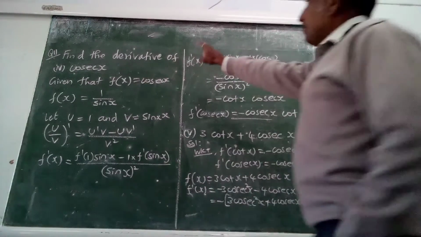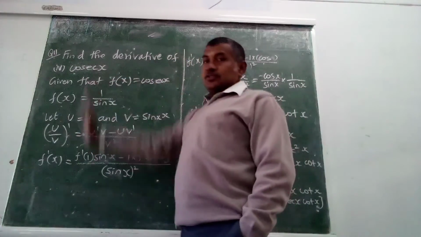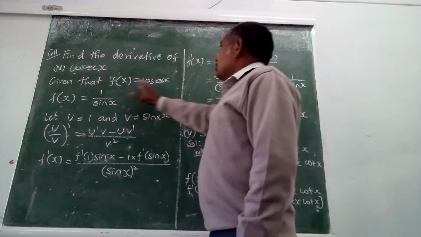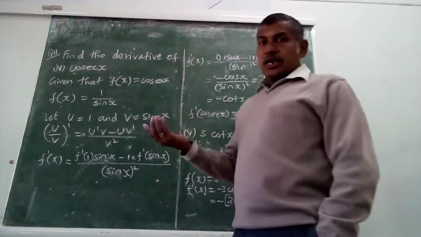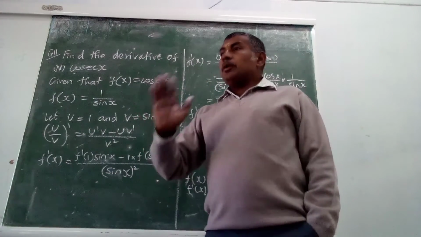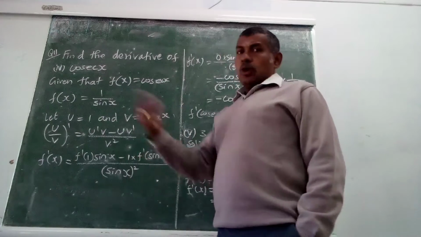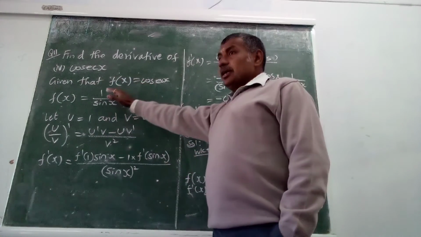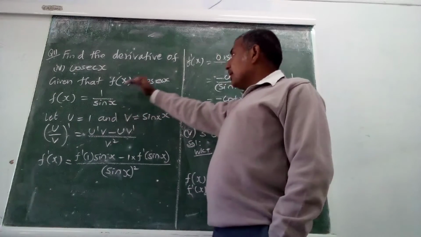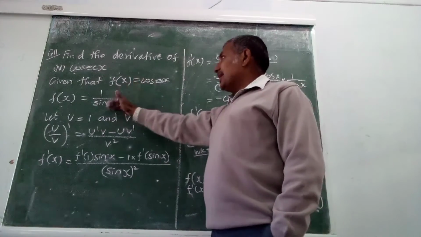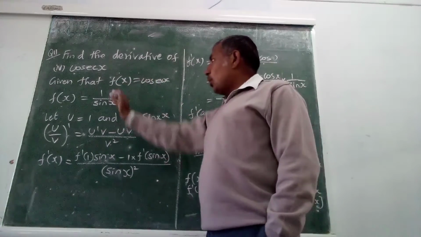Find the derivative of cosecant x. So here given that f of x equal to cosecant x. So cosecant x, directly we do not know what is the derivative of it. Whatever we know, by using that we can do. Known to unknown we can do. Known thing, sin we know, because cosecant x is the inverse, or we can say the reciprocal, of sin x. 1 by sin x equal to cosecant x. So cosecant x I can write as 1 by sin x.